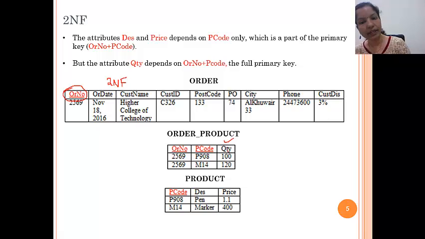We know that quantity depends on the product number and the product code, because we always say that for a particular order, this product is ordered in this much quantity. So quantity is functionally dependent on both of them. So quantity is not a part key dependency, and we keep that attribute in the same table.